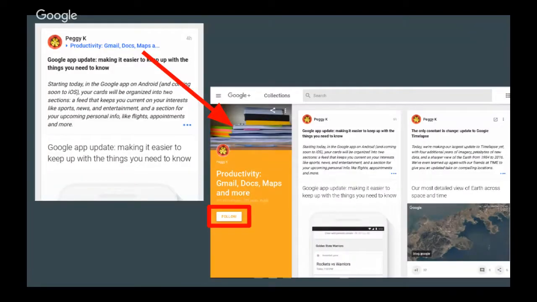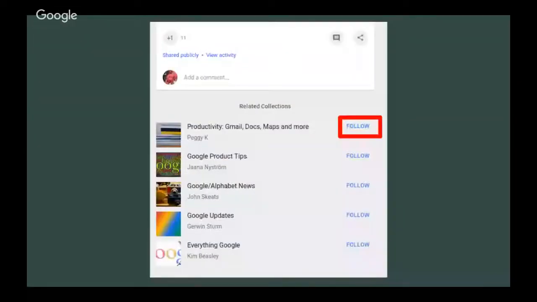And the other thing you can do is when you see a post that's in a collection, the collection name will be right up at the top of the post in blue. Blue means a collection. You can click that to view the collection itself, see the content of the collection, and follow it. And the other thing that I think is kind of neat is that when you're viewing some posts on the post page, what you'll see is related collections underneath the post itself. So again, that's another way to find content that you're interested in.